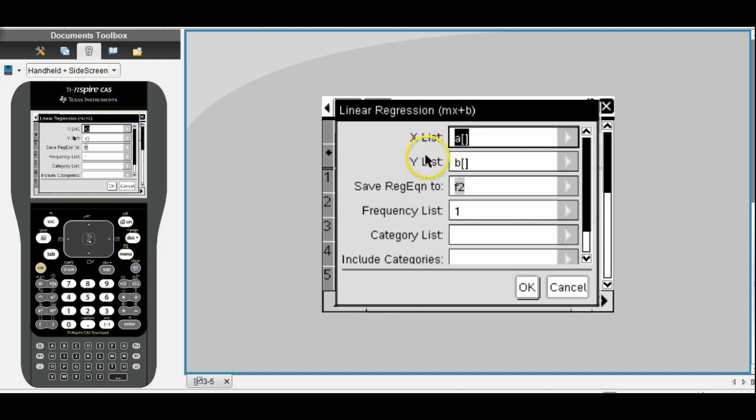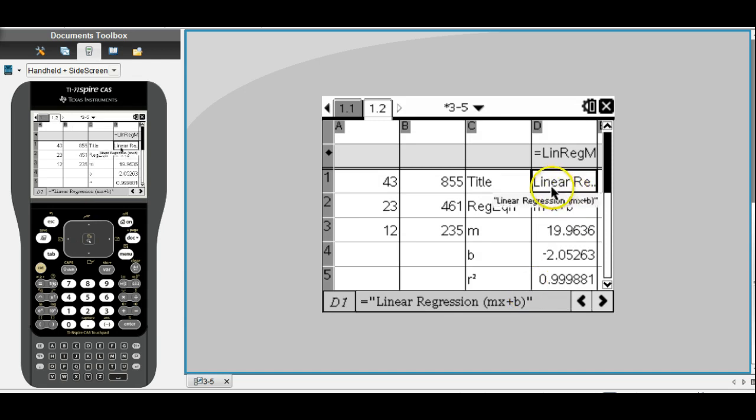There may be an instance where you'll want to flip-flop your X and your Y columns, and so this would be the place you could do that. And you could type in B here and A there, and it would reverse the table. Use your Tab key to go all the way down to OK, and you'll see that it adds some stuff